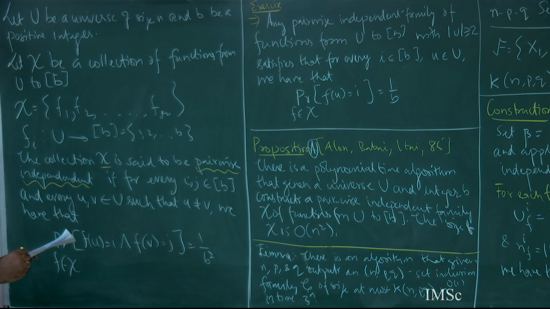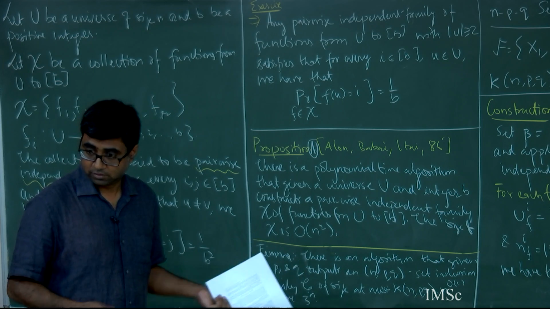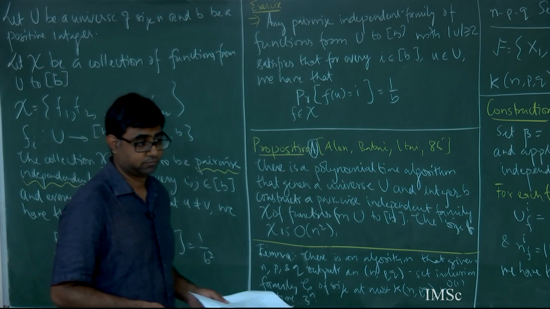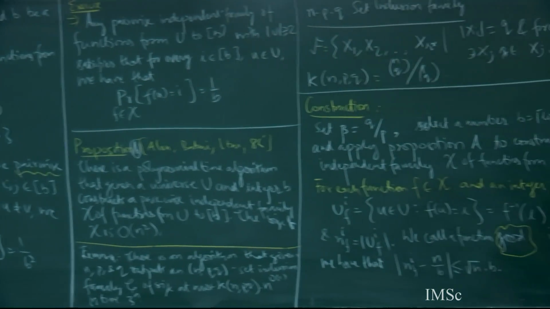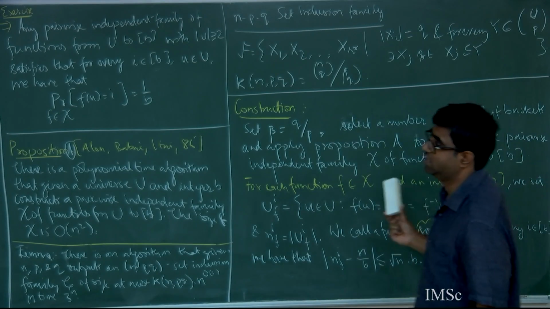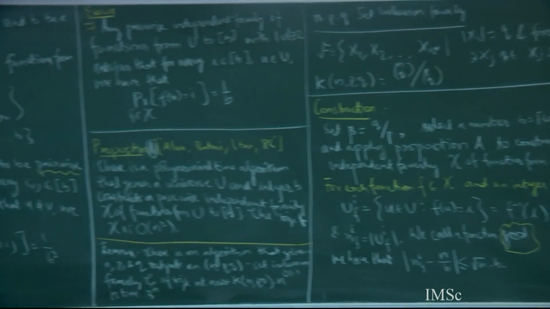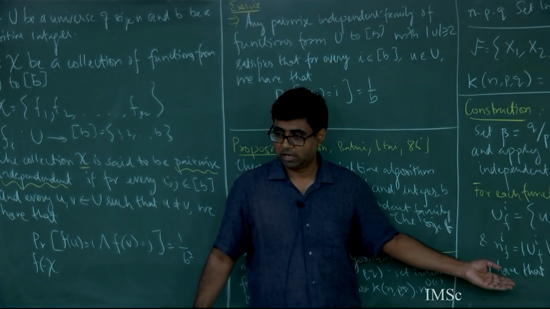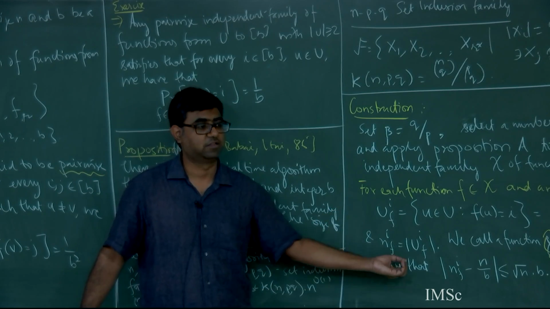Not yet, nothing, you don't know, there is no S, right. S is a part of analysis, S never comes. S cannot come in the construction, because it should work for every Y, right. So it is independent of Y. My construction has to be independent of it. Whether a function is good or not, looking at the function I can check, because I know my universe, I can just check whether this number is satisfied or not.